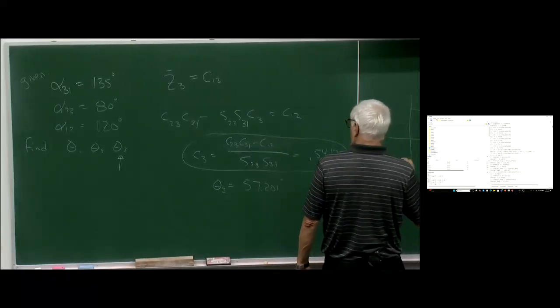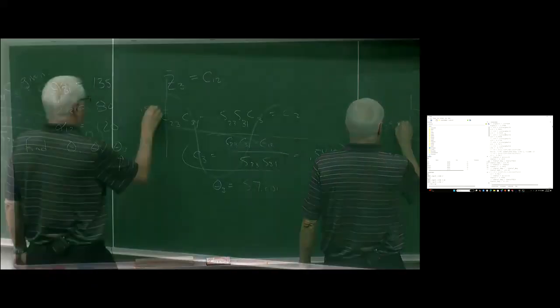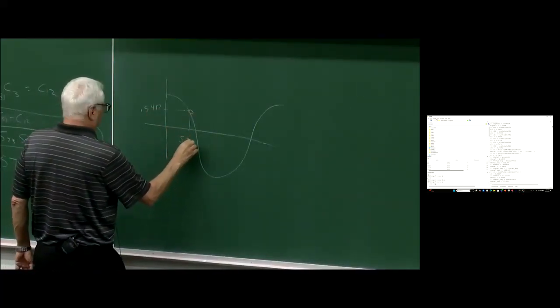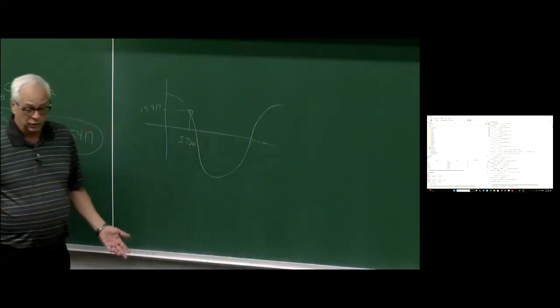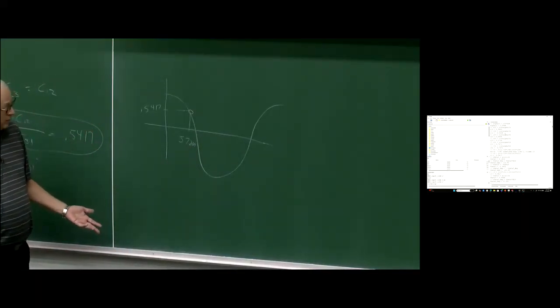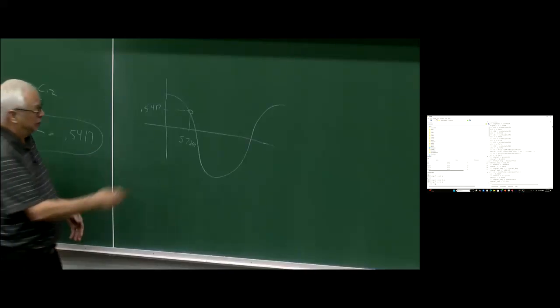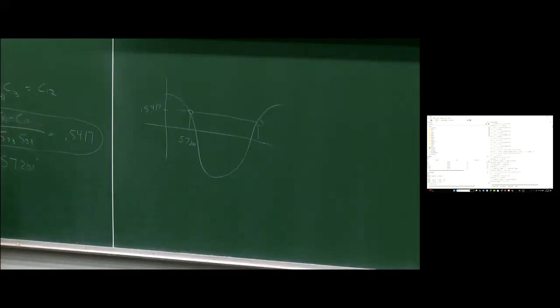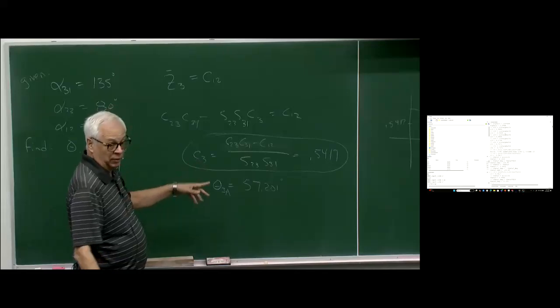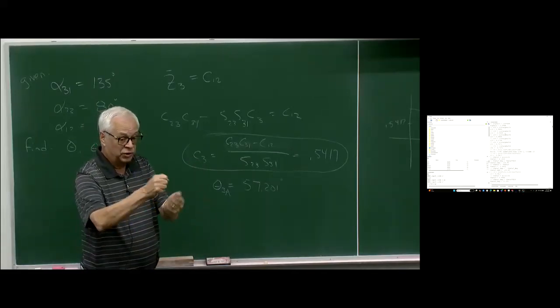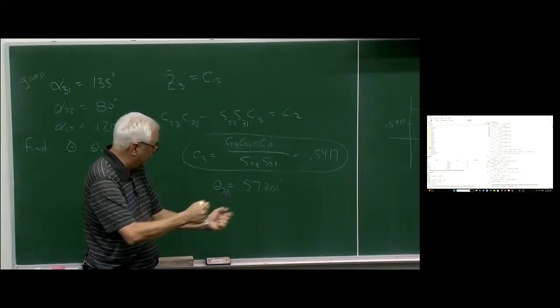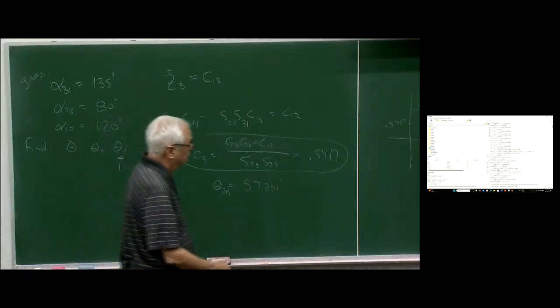So we had the cosine of theta 3 was about 0.5417, and it came out and said 57.201. So the inverse cosine gives you the value between 0 and 180. But there's another answer out there. So I'm going to call this theta 3a. Because if all I know is the cosine, when I go to assemble those three links and I look at those theta values, there's two ways to assemble it. One way would be to assemble it where I made theta 3 equal to 57.201, and the other one would be